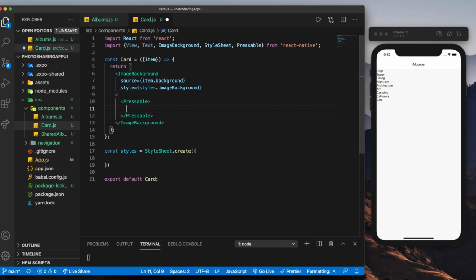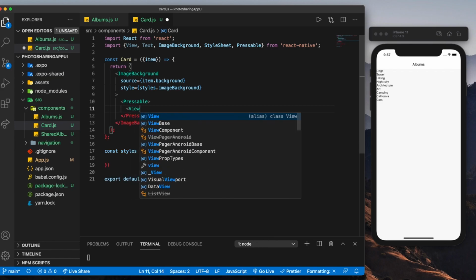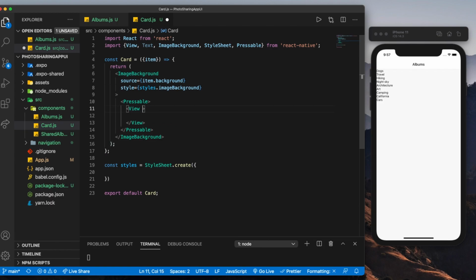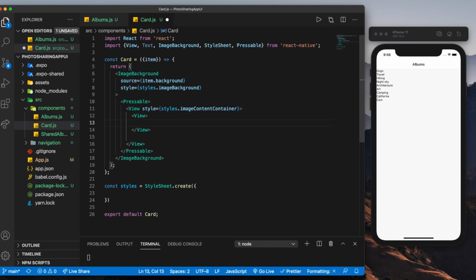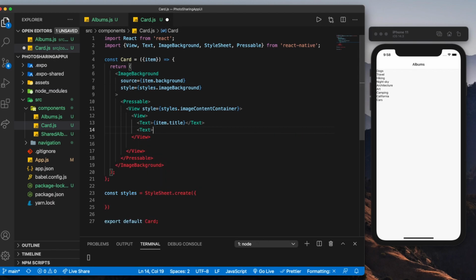But inside pressable, we'll create another view, and this view is going to have a style. So this is going to be styles.imageContentContainer. And then in here, we'll have a view to hold the text. So we'll have text. This is going to be the title, so item.title, and another text, which is going to have the